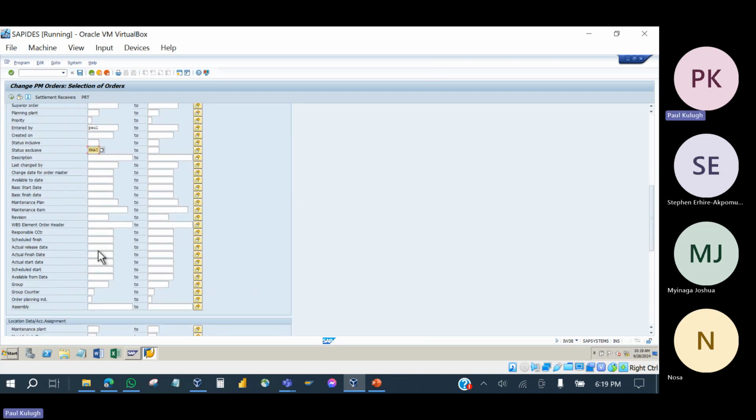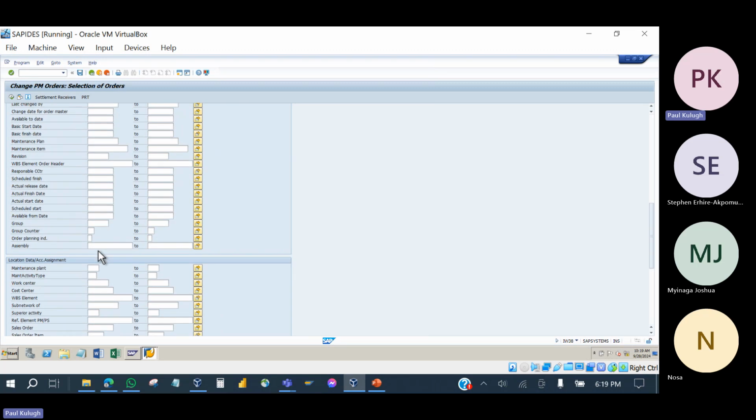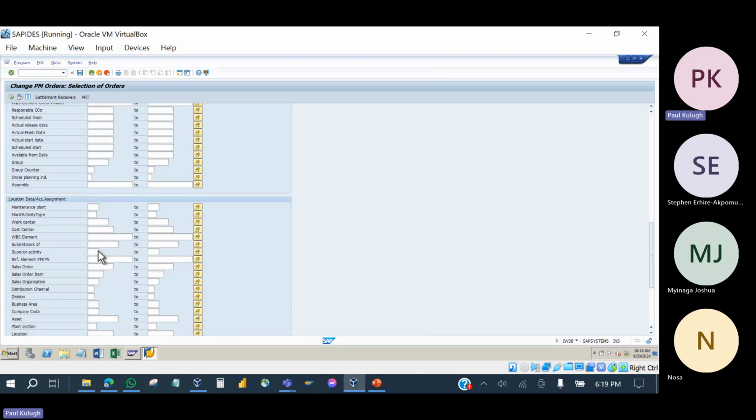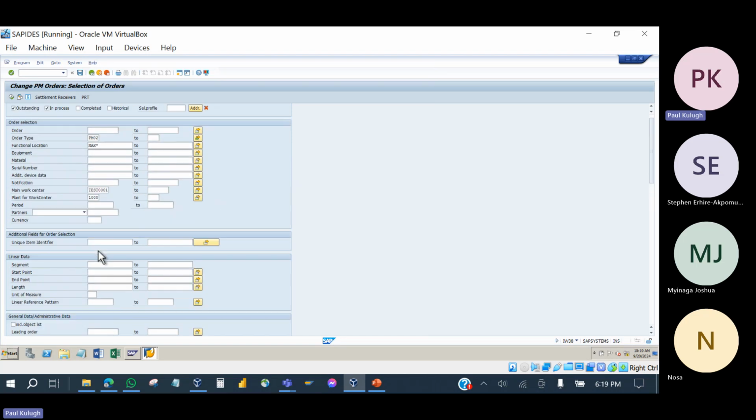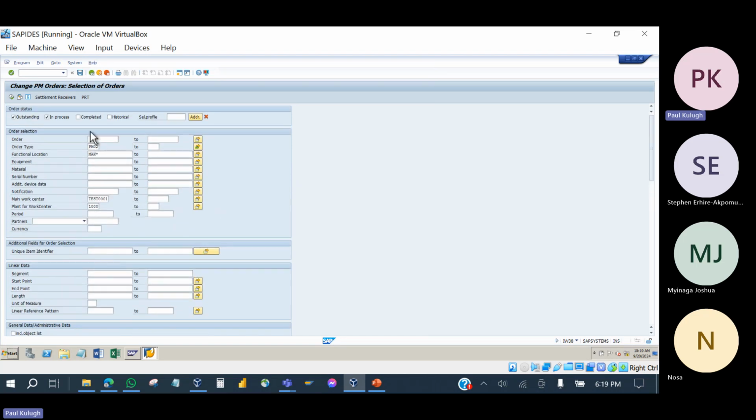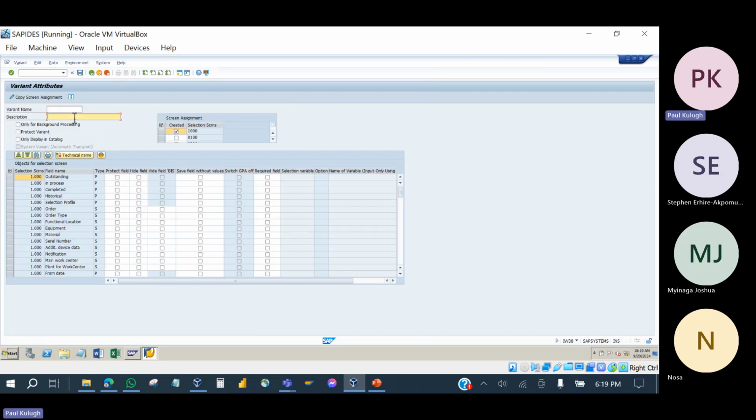Then you have so many other parameters here that you can use to narrow down your search. So you can also save this as a variant so that you don't have to be doing this every time, since you are always running this report. Then once you are satisfied with your filter, you can go to save as variant, give it a variant name